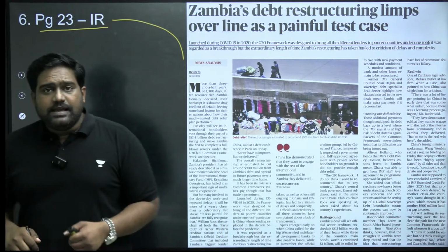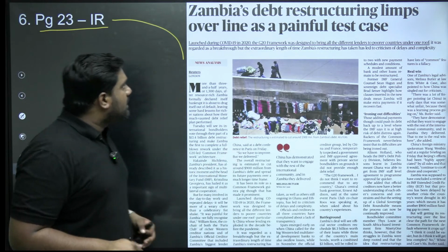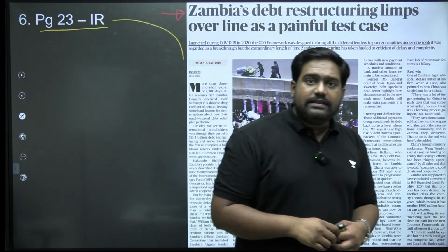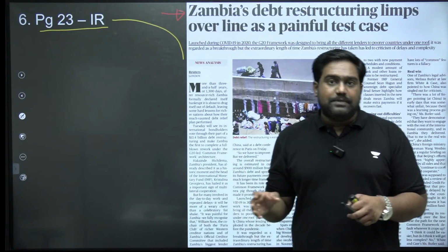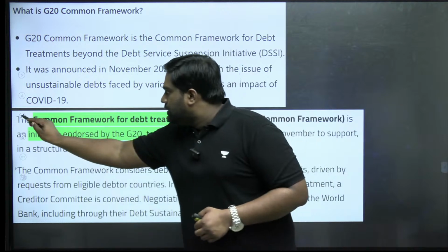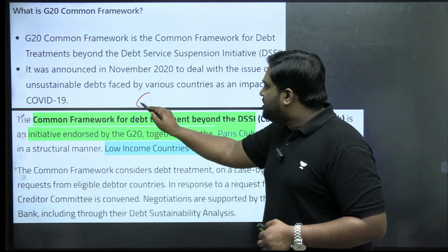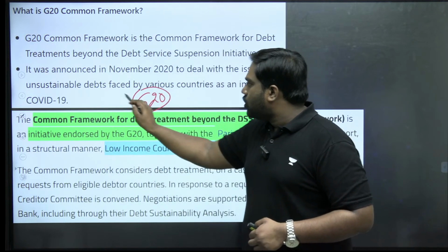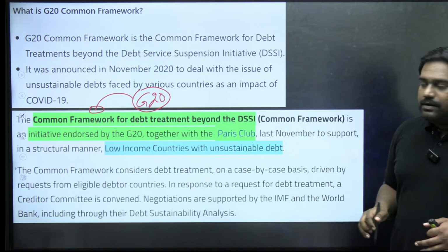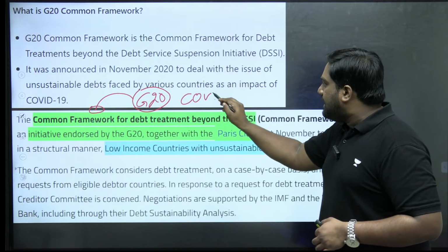On page 23, we have an article that is related to the G20 Common Framework and the African country of Zambia. It's a small topic. I'll quickly explain what it is. Under the G20, a common framework was established for debt sustainability. Because during the COVID-19 pandemic,